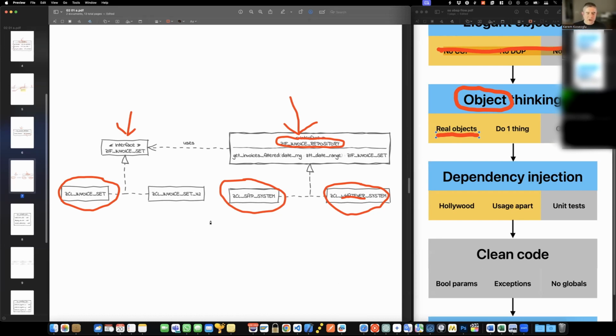When I see a class called SAP system, I can immediately imagine, okay, this class is dealing with the SAP system itself. And when I see this other system, let's call it system X, okay, this class is dealing with system X. It is much easier to understand and deal with. And sometimes you write code, and after 3 years, you have to go back to your own code, and you don't understand or remember anything, right?